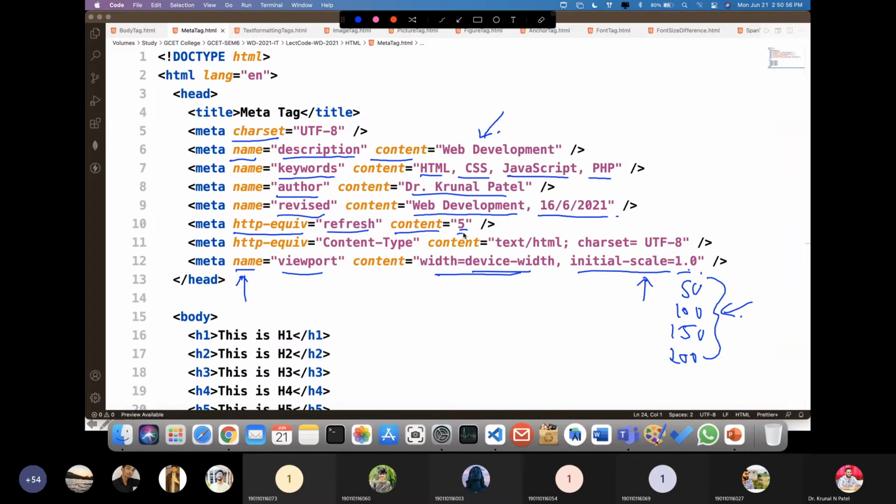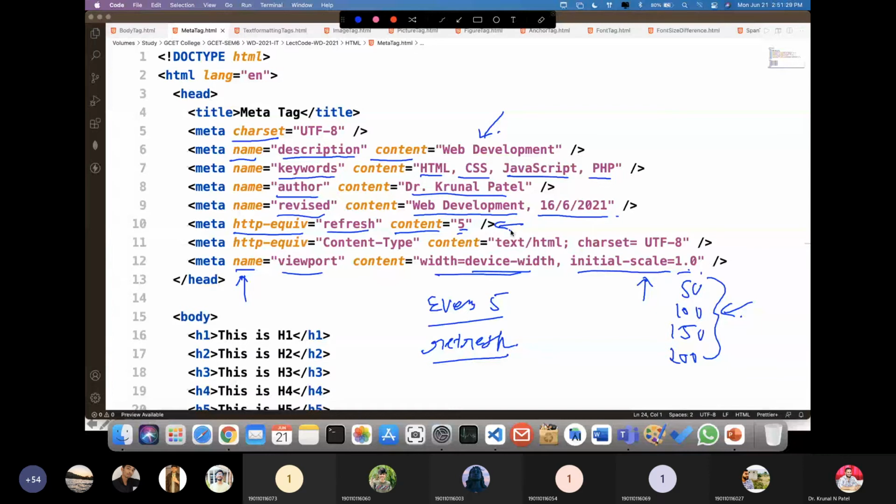After every 5 seconds, your page is going to be refreshed, right? As we have on sites like Click Info, after some delay that page is automatically refreshed. You can define this kind of thing by writing only one line. So if you set this value, after every 5 seconds your page is going to be refreshed.